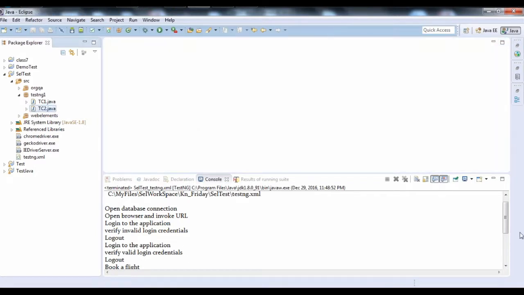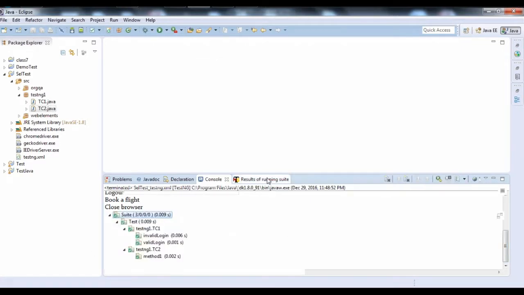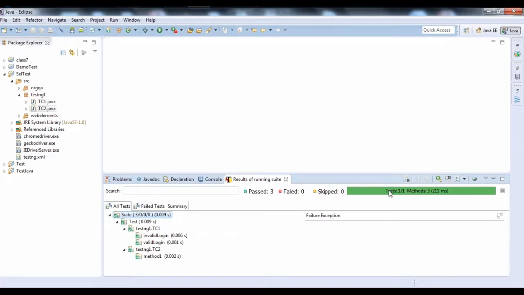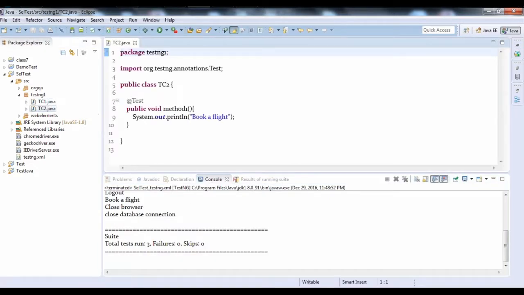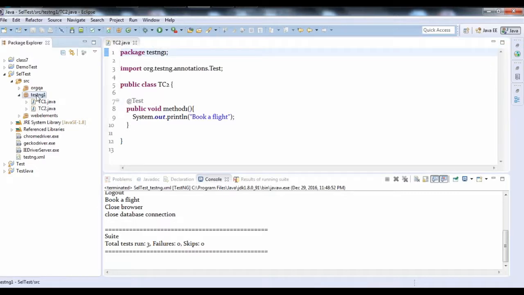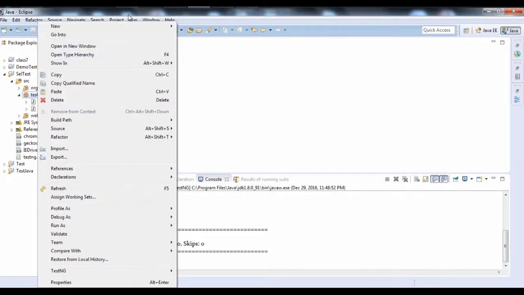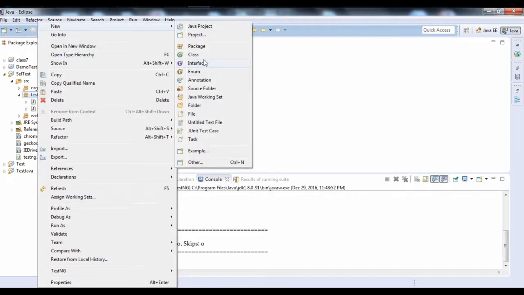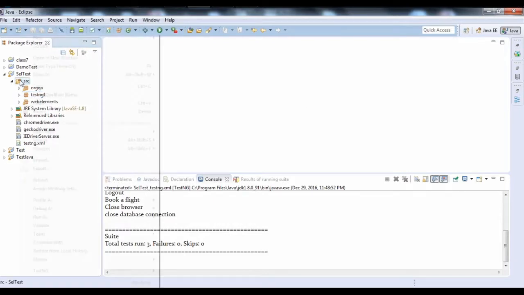Now here something you saw, right? Something you saw here, test case run, failure, skip, what are all these things? So everything runs, so it is telling that test 1 of 1. Now if it is not running, we'll see what it is coming. So what I am doing, I'll create 3 test cases. Okay, I'll create one new package,